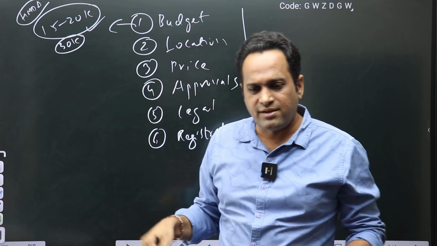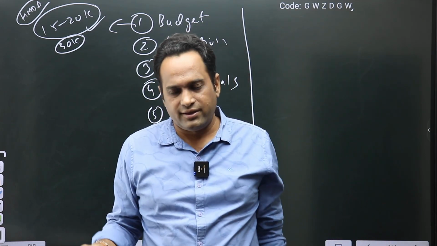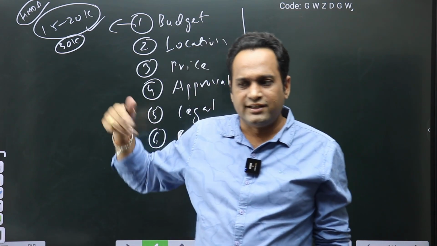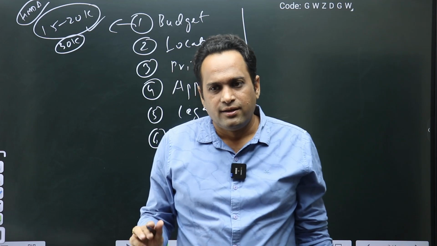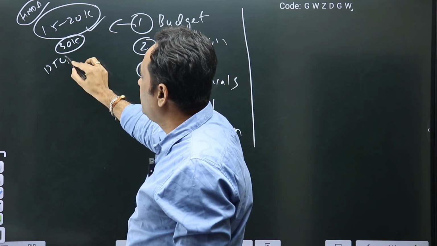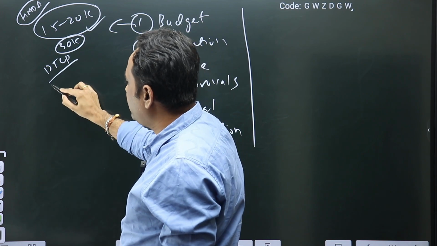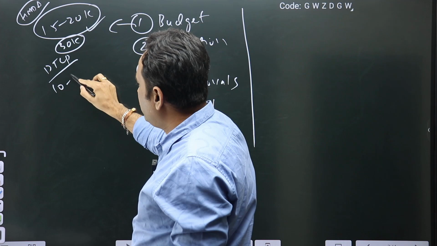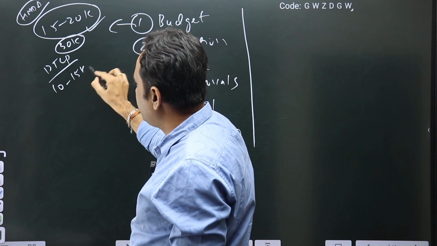35,000 rupees immediate ga illu kattukovali 1.5 year lo aithe 30,000 paina invest cheyandi. That is for consumption, not for investment. Okay, if you are investing in DTCP, my honest suggestion would be 10,000 నుంచి 15,000 వరకు ఇన్వెస్ట్ చేయండి.